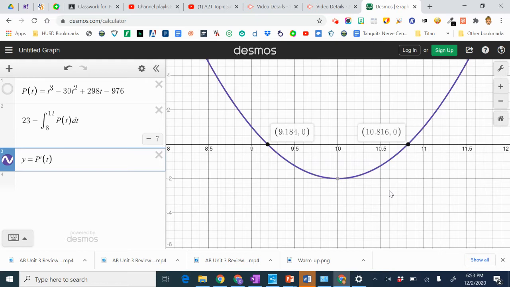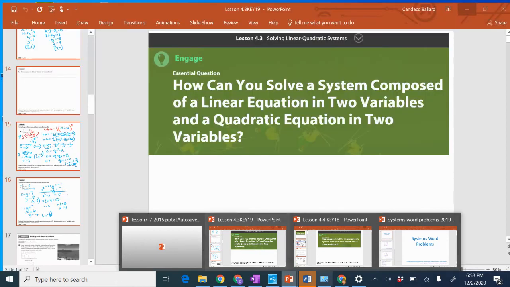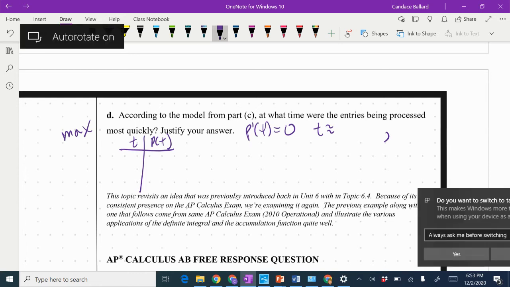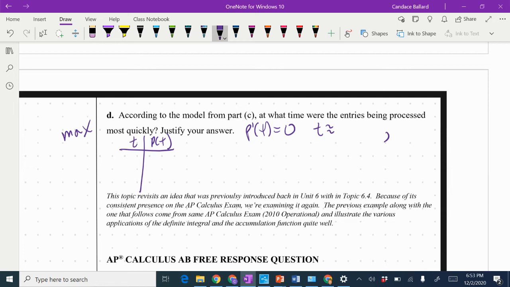Now, Desmos isn't giving me a really great estimate on that. I really should have more decimal places, so it's probably better to use your graphing calculator. In my example, I'm going to use one more decimal place for the calculation, just so you get the accurate numbers. It was off by just a little bit. So it's at 9.1835, which would round to what they had. And the other value was at 10.8165. So a little bit further out. So I know I have to test my endpoints, 8 and 12, and then I have to use my candidates in the middle. So 9.1835 and